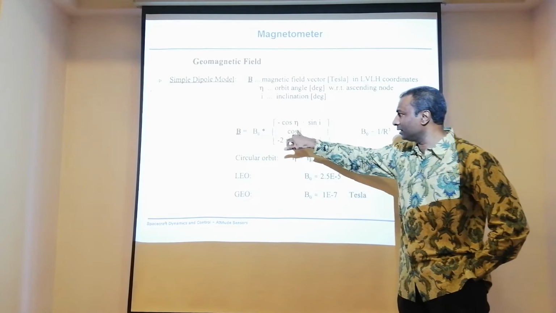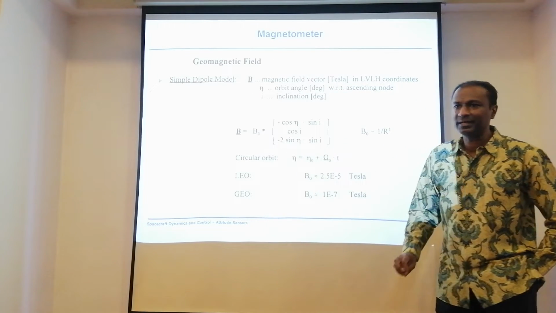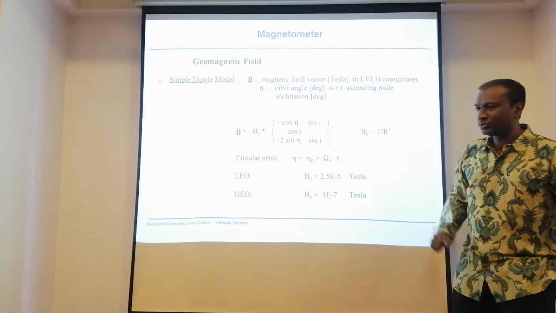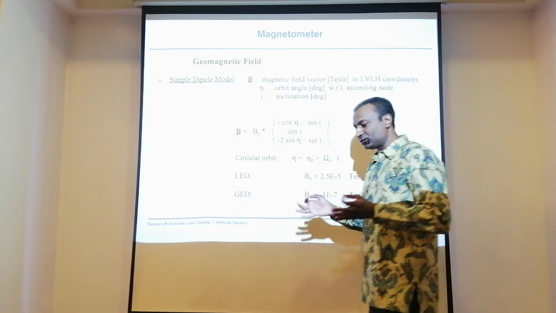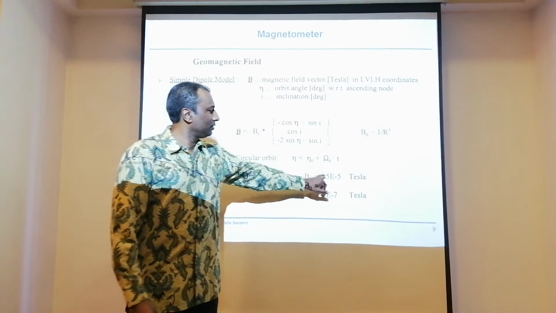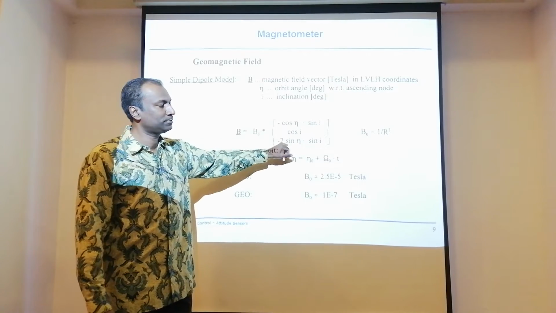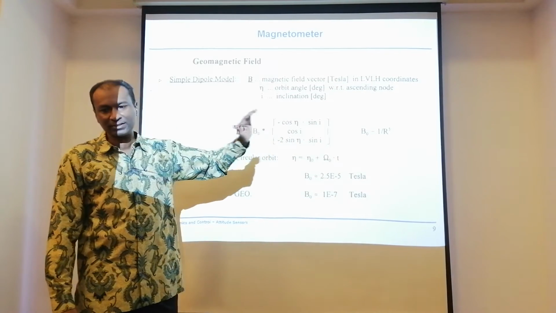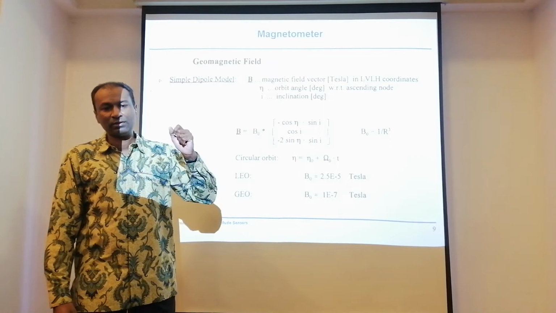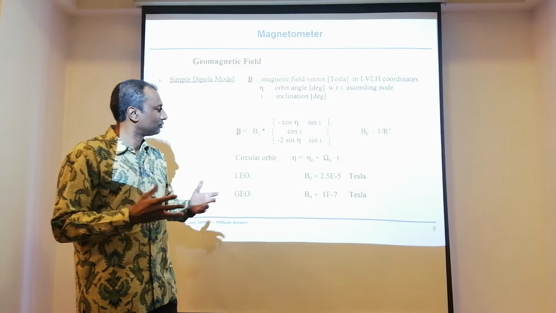Theta is shown here. In this case, for a simple calculation, theta is basically an orbit angle with respect to the ascending node. So for a start, you can assume that it's exactly zero. When it's zero, you will have the orbital frequency only. When you inject the orbital frequency back into this equation, it will look exactly like what you have been using for your estimation of disturbances, and of course for the torque of your attitude actuator, for magnetotorquers.